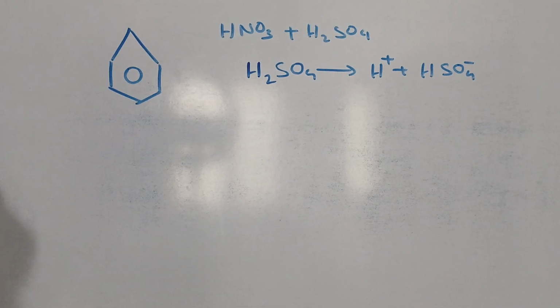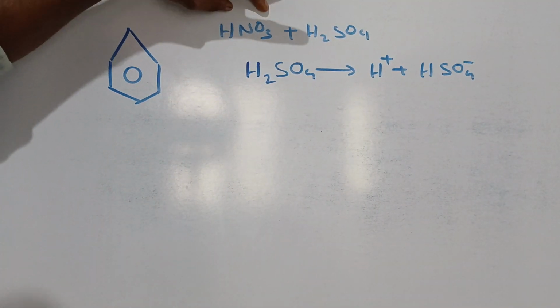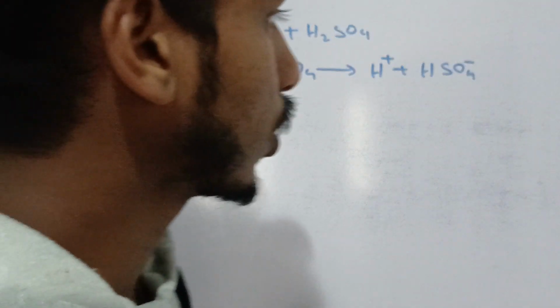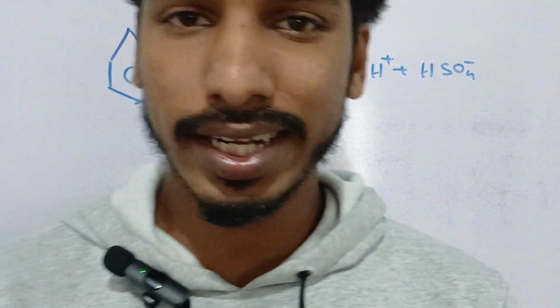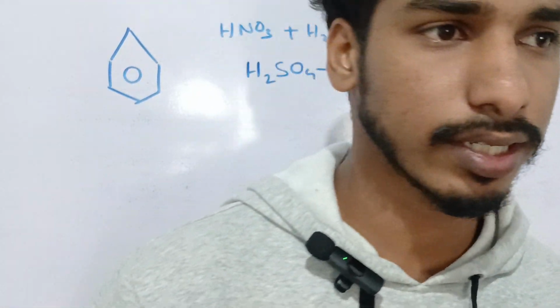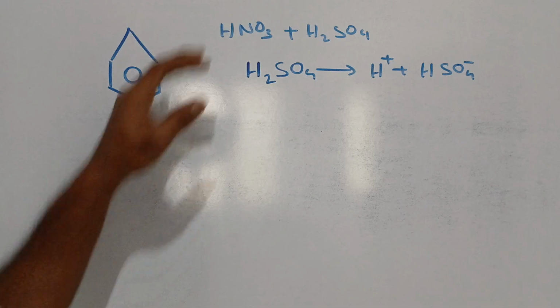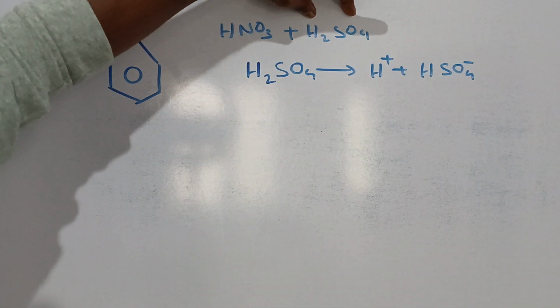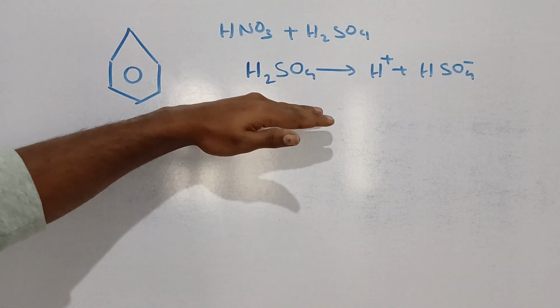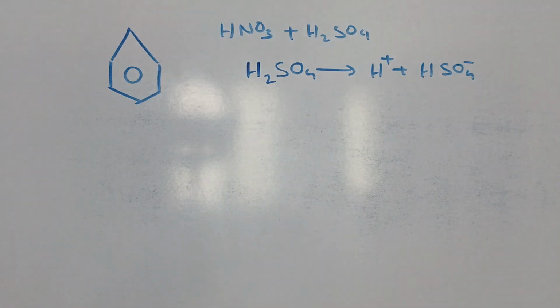In this video, let's look at the reaction of benzene with nitric and concentrated sulfuric acid. We used to call it the nitration of benzene, and what's so special here is, of course, that there are two strong acids. Actually, sulfuric acid is capable of producing protons, H plus, even nitric acid, but